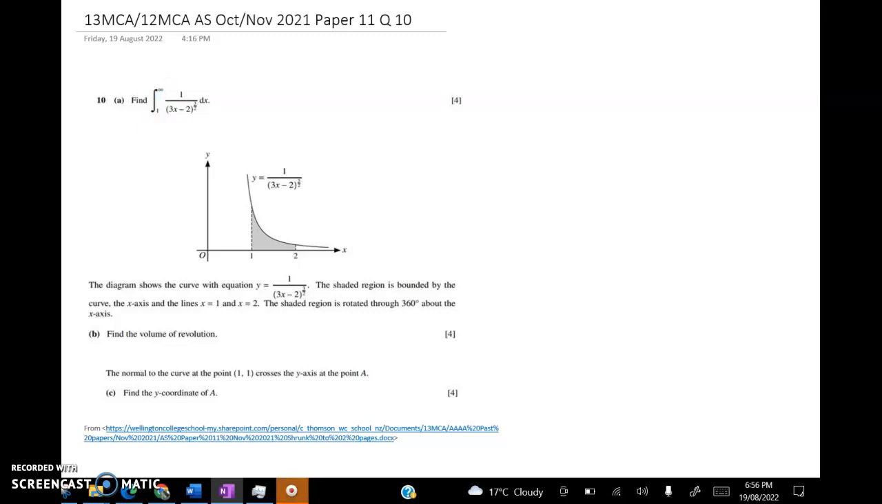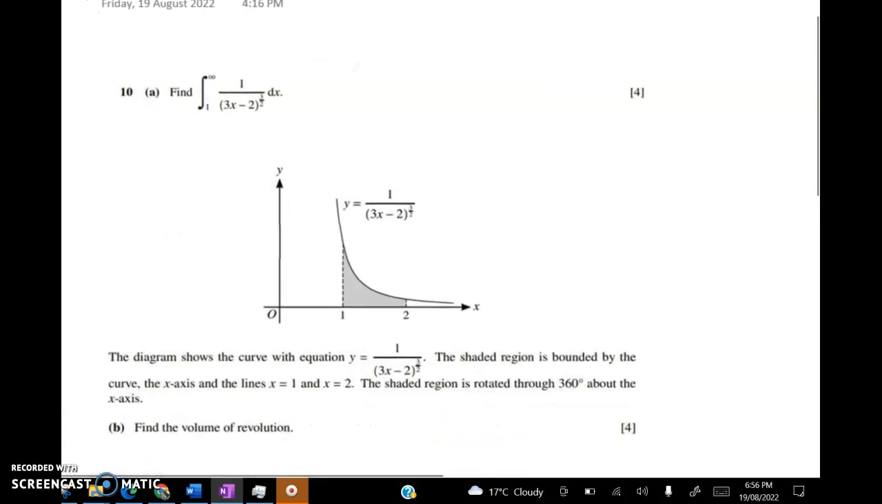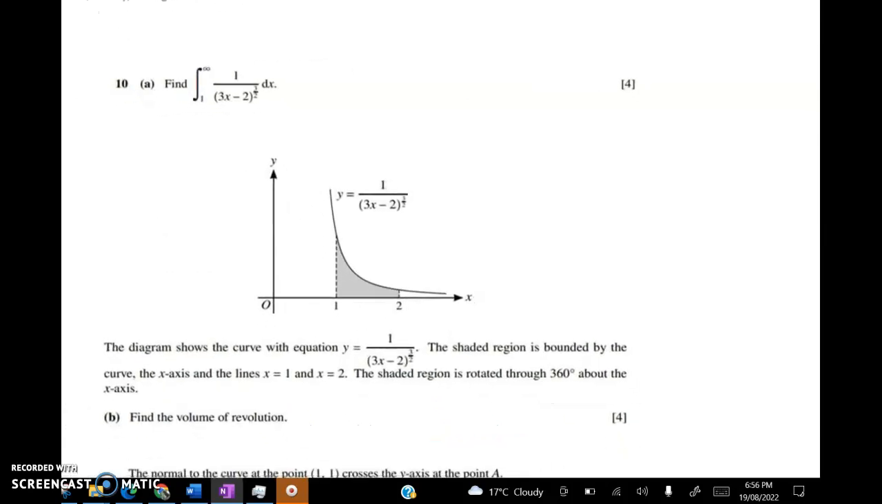Kia ora guys, this video is the last question in the AS paper from November 2021 that I gave out in class the other day, and it's paper 1-1. So what we've got here are a couple of integration problems, and the first one is what we call an improper integral, where we have to find this integral and the top limit is infinity, which feels kind of weird, right? But what we're looking at is whether, even though we've got an asymptote or something going on with a